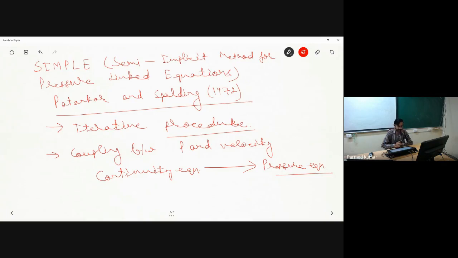But before that, it is also very important to consider what kind of grid we have to employ for estimation of the pressure gradients. Because the presence of pressure gradients in some situations leads to unrealistic results when we are considering the common grid which we have used earlier. If I give you just a two-dimensional representation, earlier we were dividing our domain into a number of control volumes.